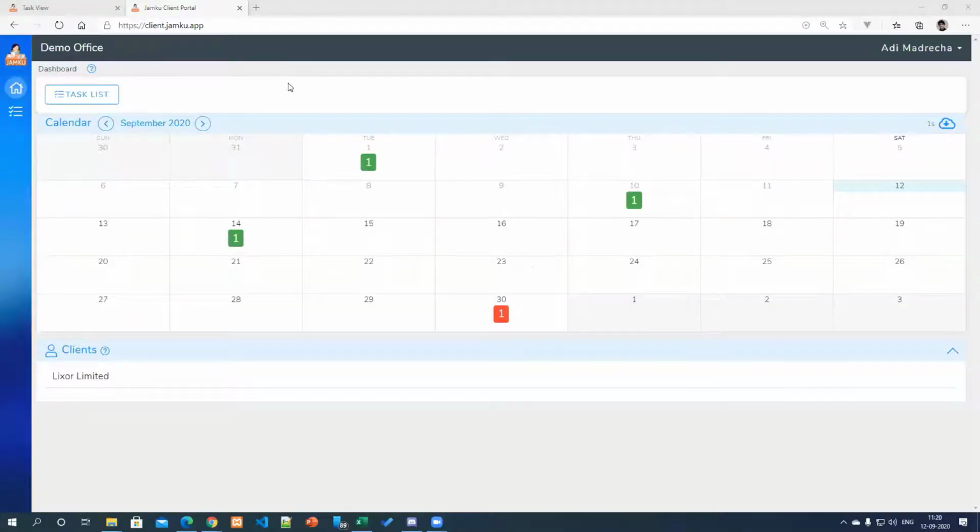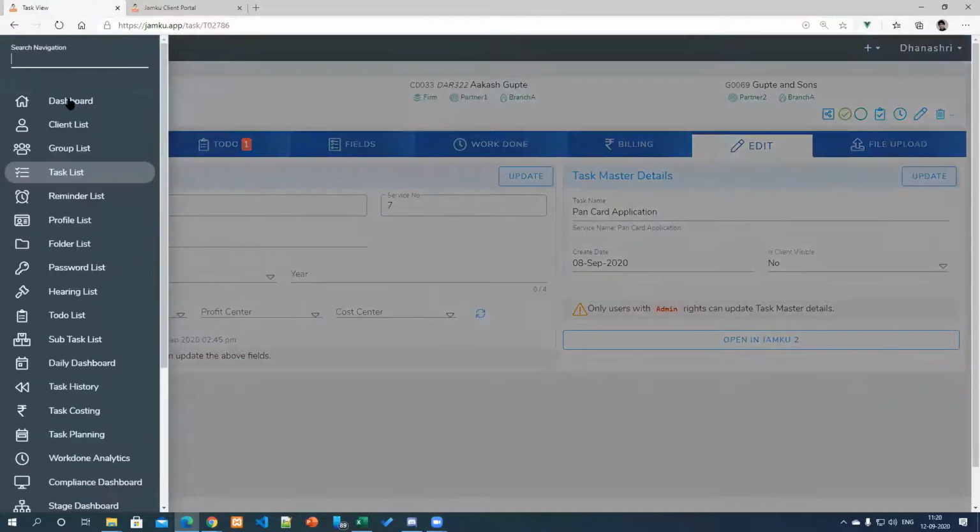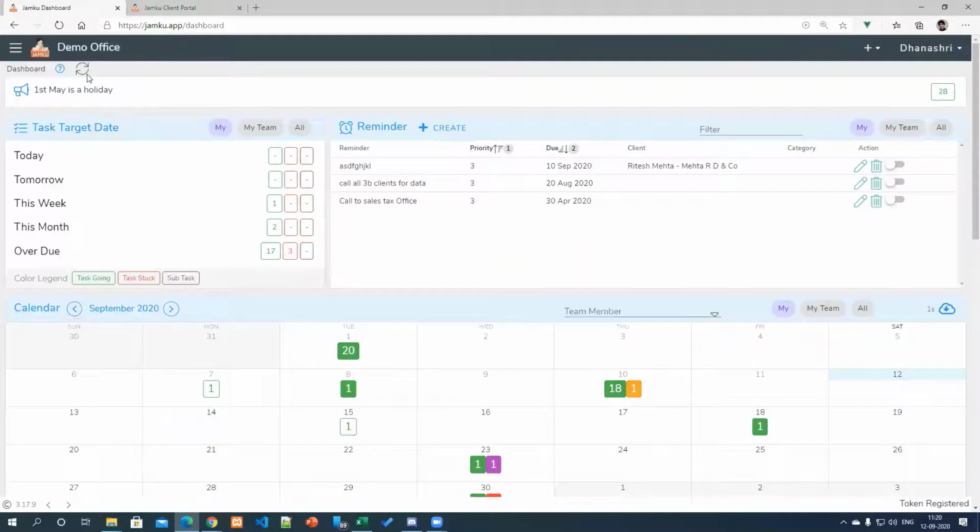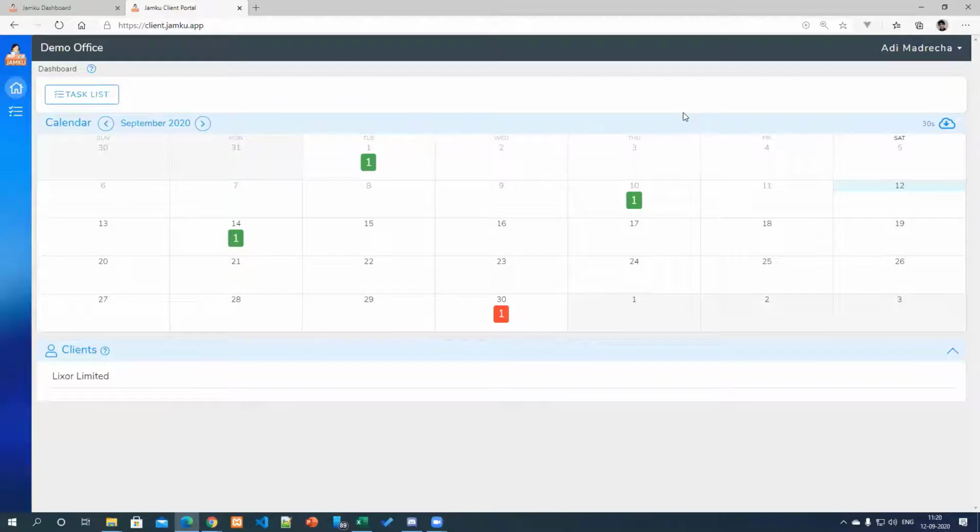So if you want to share your contact details, or basically tell all the clients that these are the days where we'll not be available, of course, public holidays, clients always know. But say suppose if you have a picnic coming up where you will not be available, you can add that on the top here, similar to the bulletin that we have here on the dashboard. So we'll be adding a client bulletin here. So that should solve that.